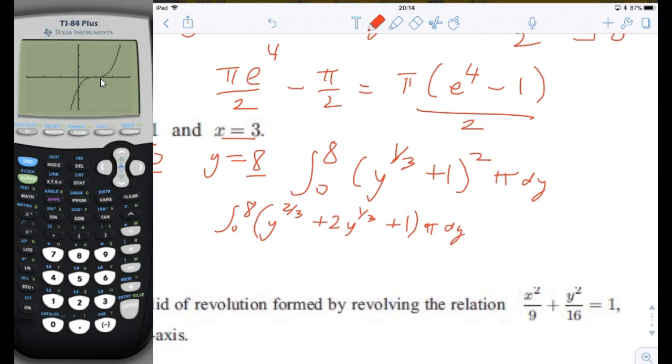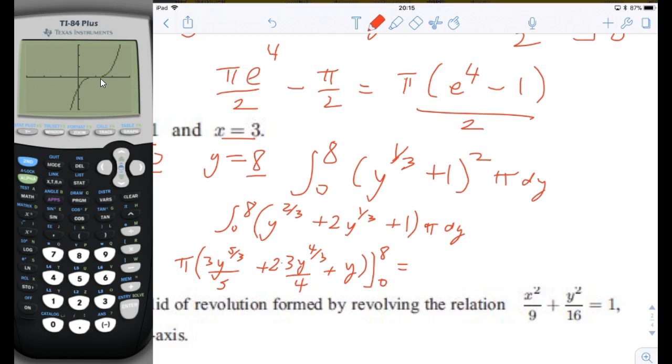And then I would want to take the integral of each term. So the integral of y to the 2/3 is going to be y to the 5/3 divided by 5/3, plus y to the 1/3 integrated is y to the 4/3 divided by 4/3 times 2. And then 1 integrated would be y. And then all these would be multiplied times pi. And I would substitute in 8 and 0 to see what would be